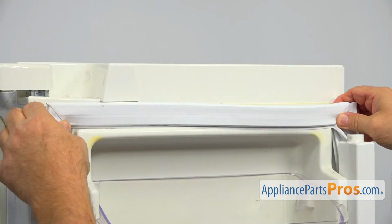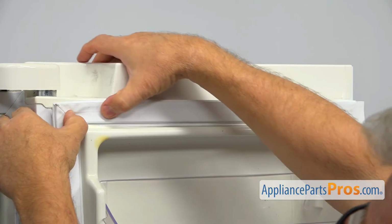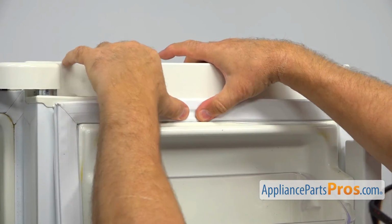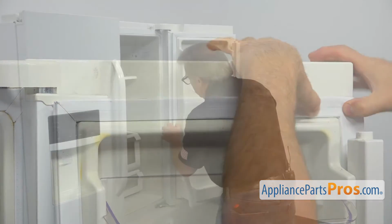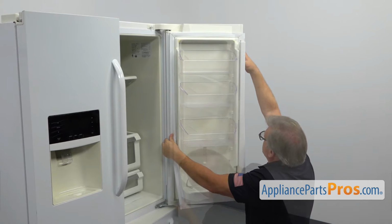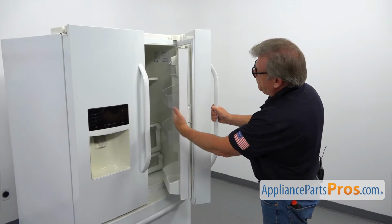I'm going to match the corners and start pressing it in from the corners. Use your thumbs to place it in. You will feel how it goes in. So I'm going to continue on both sides. The same thing, insert it in the corners and the bottom. Alright, now I'm going to open the flapper door,